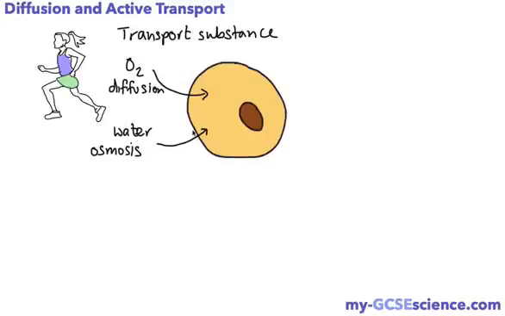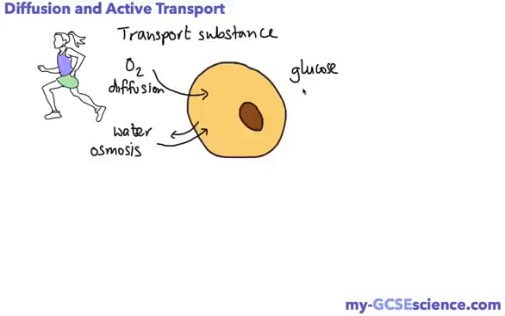But water moves in by osmosis. It actually might also move out depending on the concentration of the solutions inside and outside of the cell. But there are also other substances that need to go in, and one example might be something like glucose. Glucose is an important molecule required for respiration, and it can actually go into the cell by diffusion, but sometimes